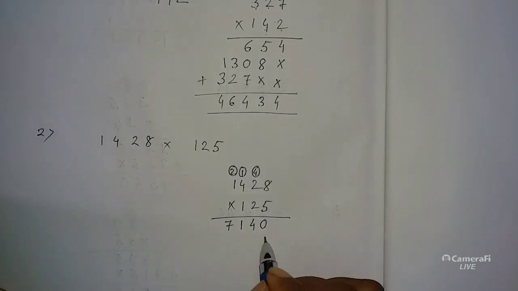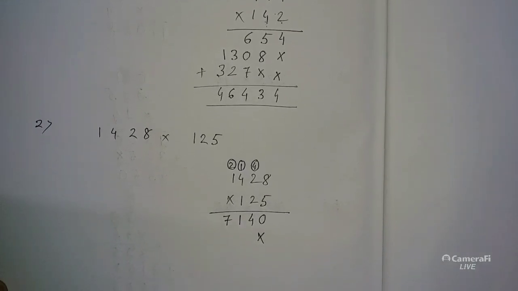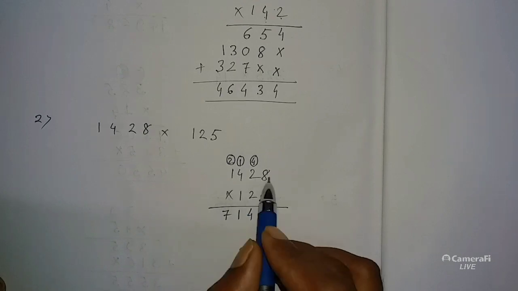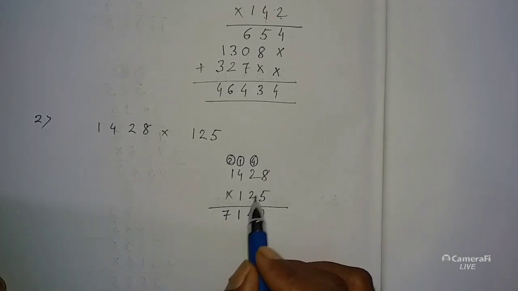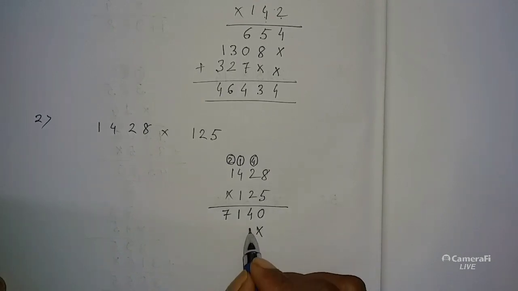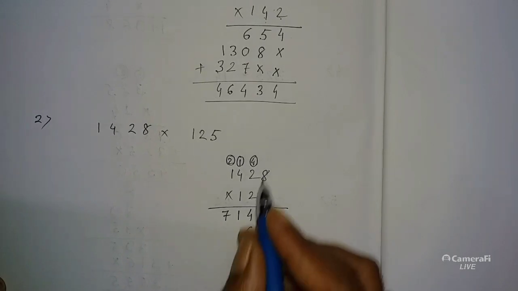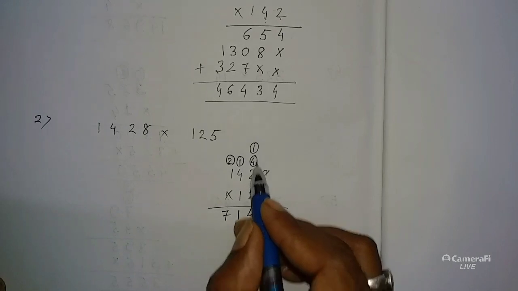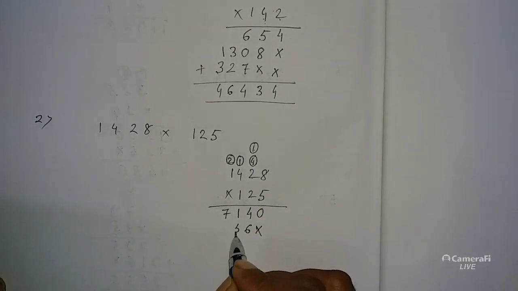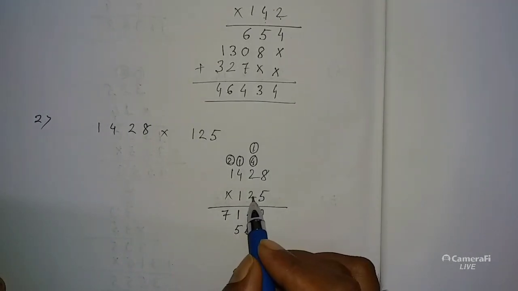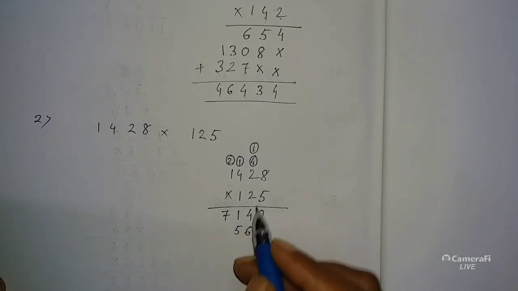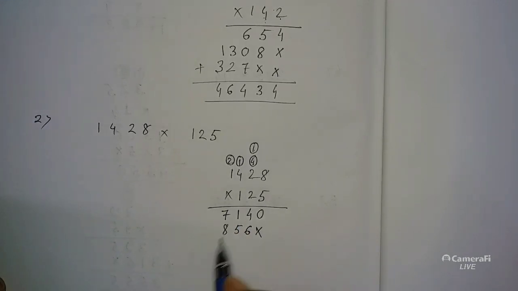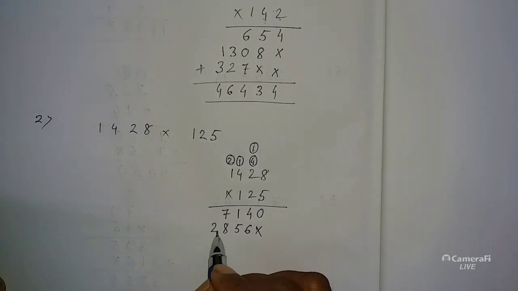Now give a cross sign just below 0 and proceed with the multiplication of this number by 2. 2 8 ja 16, 16 6. Now here 1 carry for the second step. 2 2 ja 4 plus 1, 5. Next no carry. 2 4 ja 8 and 2 1 ja 2.